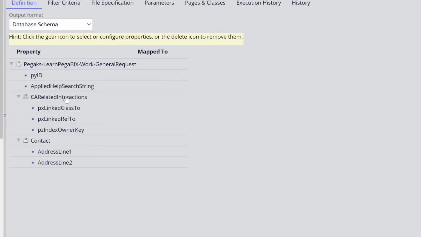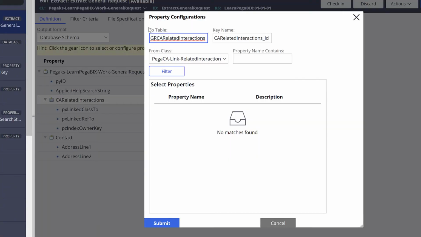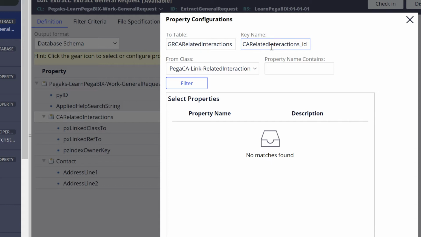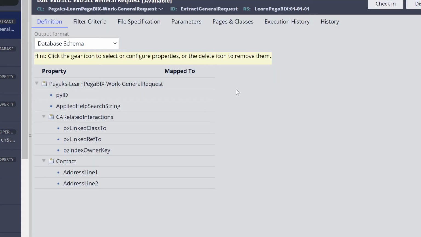Now coming back to your page list, if you select the page list property, you have a to table option, which means you have to give a separate table for your page list because each page list can contain multiple records. That is why all your page list properties will have dedicated separate tables. This key name column holds your page list ID. Click submit to close this window.